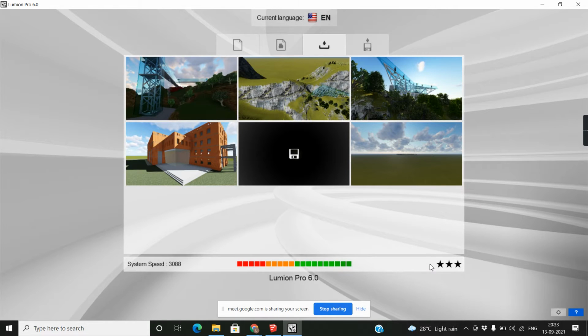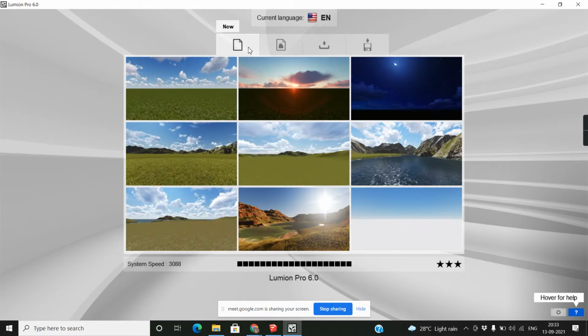When I click OK, this is the first entire screen in front of me, and I created lots of projects in Lumion. You can see them over here, but I'll start from new. When I click new, you will get the templates. How many templates? 9 templates. These templates are just presets, like environment presets.